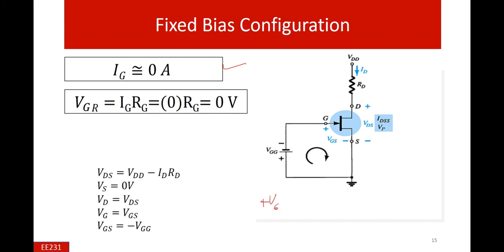plus VGG plus VGS is equal to 0. If we apply this loop, then we find this relation, and definitely this shows that VGS is equal to this one, and we see with the characteristics that when we apply some negative voltage, we can control the gate to source voltage by the variation of this voltage.